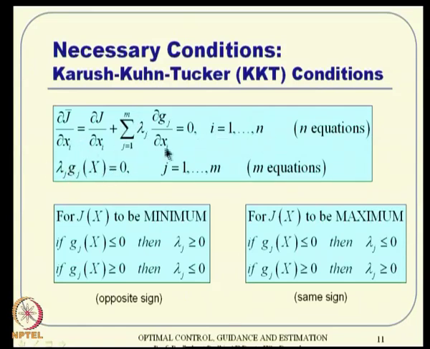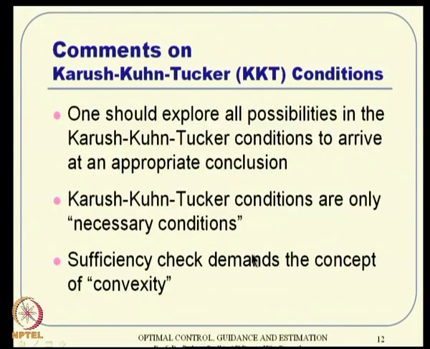So, we can solve these two sets of equations, get some values for x and lambdas, and then go back and see whether these conditions are satisfied, especially whether the constraint equation is satisfied and whether the corresponding lambdas are satisfied. These conditions are embedded as two sets of conditions. One is that the constraint equation itself has to be satisfied, and then the corresponding lambdas have to satisfy their conditions as well. That is the problem there.